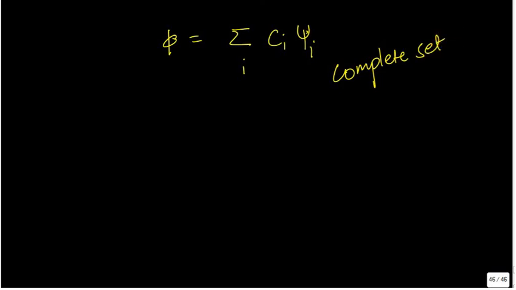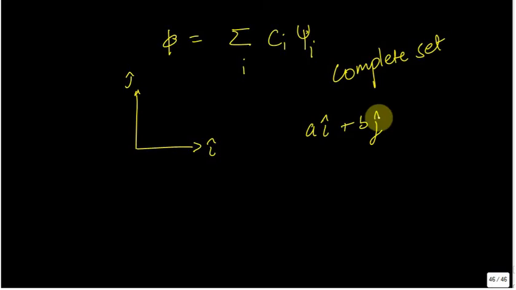Think in terms of this. I form a complete set. Let me go back to the 2D analogy again. So I have i and j. I can describe any point, any vector in this two-dimensional space by the combination of i and j vectors, right? a i plus b j. I can define any vector.